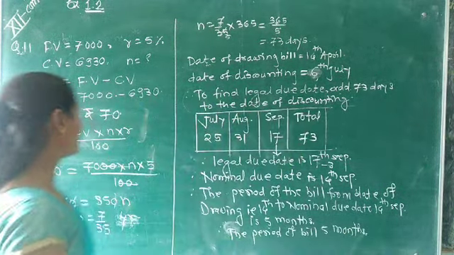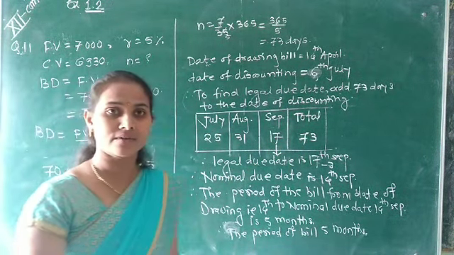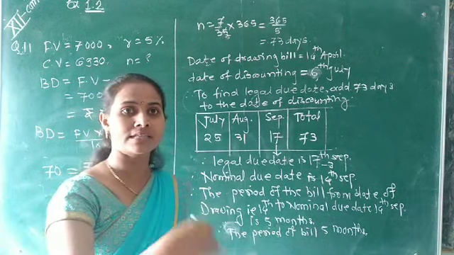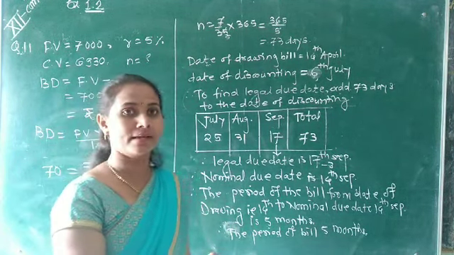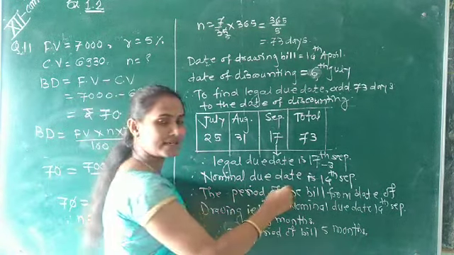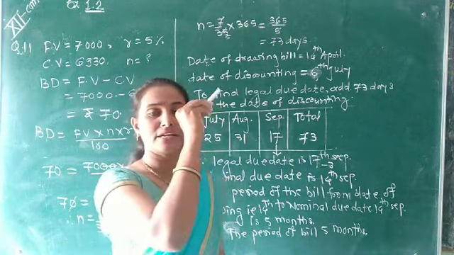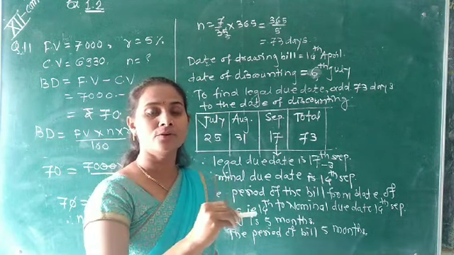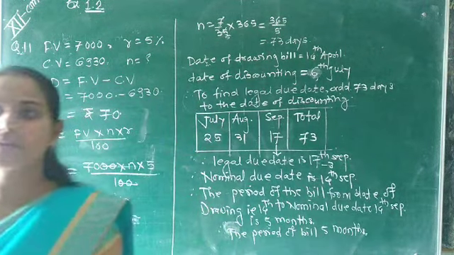सुरुवातीला काय केलं आपण? आपला बँकर्स डिस्काउंटचा फॉर्म्युला वापरून डेज फाइंड आउट केले. त्या डेज वरनं डेट ऑफ डिस्काउंटिंग पासून तेवढे डेज आपण पुन्हा काय केले? लीगल ड्यू डेट फाइंड करण्यासाठी ऍड केले. त्याच्याबद्दल लीगल ड्यू डेट मिळाली. एकदा का लीगल ड्यू डेट मिळाली, मायनस 3 डेज केले तर नॉमिनल ड्यू डेट मिळतील. आणि पिरियड ऑफ द बिल हा कुठून असतो? डेट ऑफ ड्रॉविंग द बिल टू दी डेट ऑफ नॉमिनल ड्यू डेट. हेन्स वी गेट द पिरियड ऑफ द बिल इज 5 months.